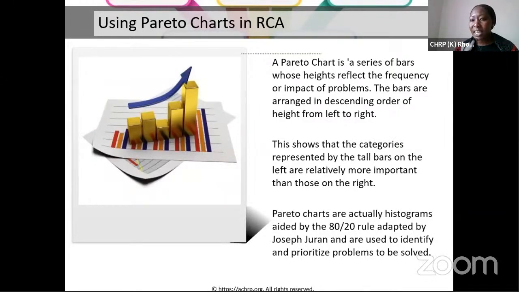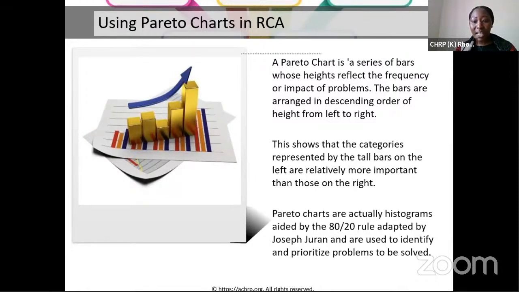So we are saying a Pareto chart is a series of bars whose height reflects the frequency and the impact of the problem. It has what percentage of the impact. Then the bars are arranged in a descending order of the height from the left to the right. Then it shows that the categories represented by the tall bars on the left side are relatively more important than those on the right. So they have more impact, and that is why we need to put a lot of